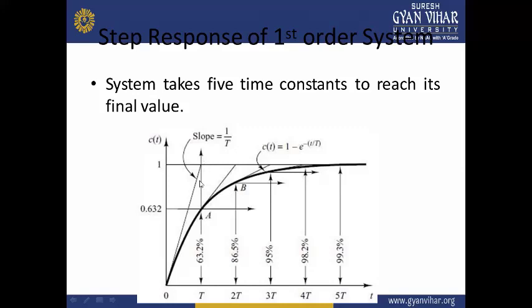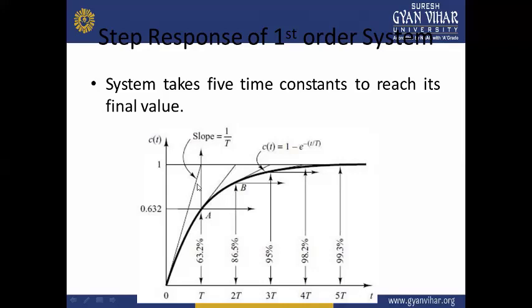This is the remaining portion, the remaining point. How much is remaining? It is remaining by around 0.37. That is, 37% is the error in this case. So I've told you in the start itself that for a better time constant, we always prefer to take 5T, because at 5T we are getting the response at 99.3%, and the remaining 0.7% is the error. So in this case, the error is very less.